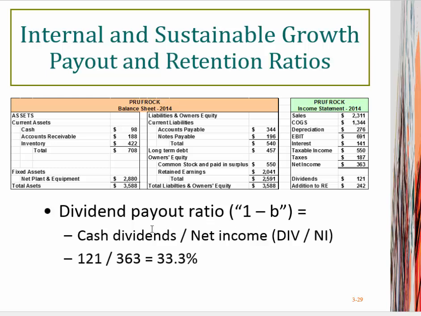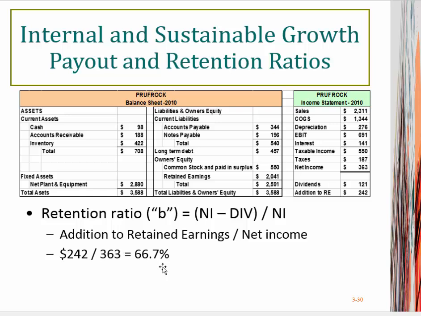So here's the dividend payout ratio for this company. It's the cash dividends, 121 divided by 363, 33.3% of its profits were paid out as dividends. So that must mean, if we go to the retention ratio, that 66.7% of the money was retained. Again, you don't really need to calculate both of these. Calculate one and then just do 1 minus, and you get the other one. So 2/3 of the profit of this company is reinvested in assets and asset growth, either buying new assets or